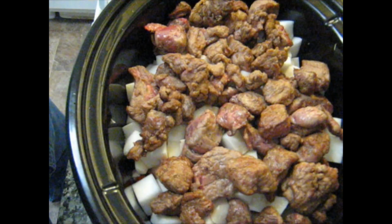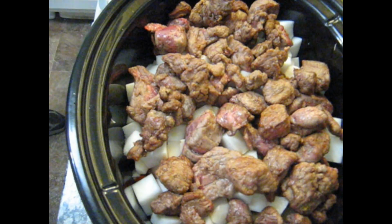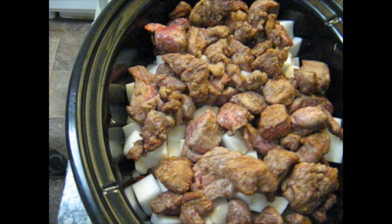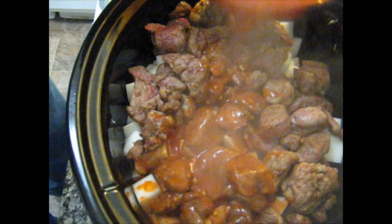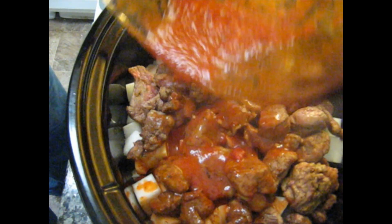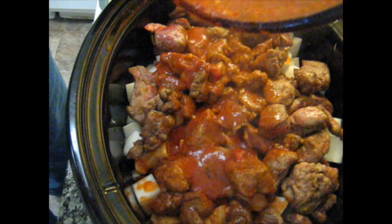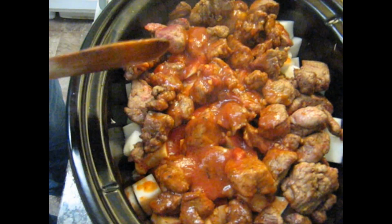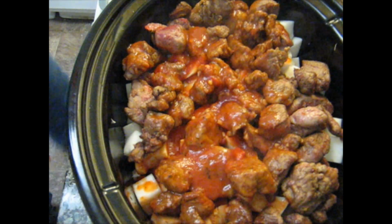And now we pour, sorry, let me get my oven mitt for that because the handle is still quite warm. I should have anticipated that. We pour our liquid over everything. Try to scrape a few more of the brown bits and other items out. And now